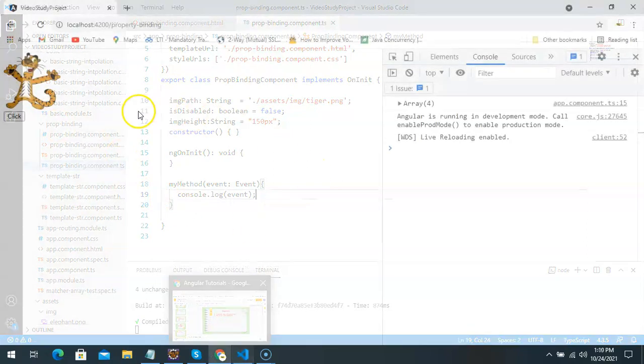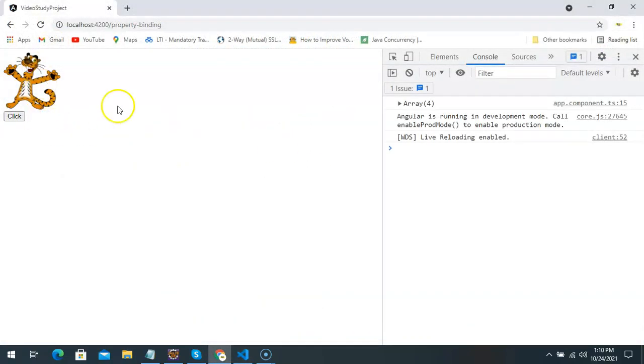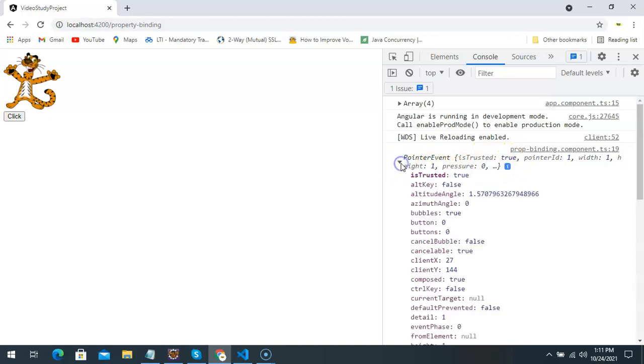Here is the example that we had executed last time. In this example, we have the button. I'm going to simply click on this button. Here you can see the method that we had written in the class, that is myMethod, is executed, and it is printing the event object and what it contains. So let's see what this is. It will basically have all the information regarding the action performed by the user.